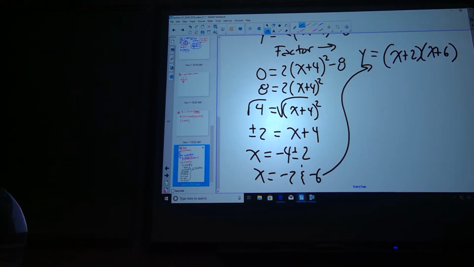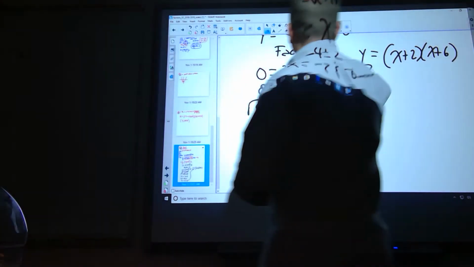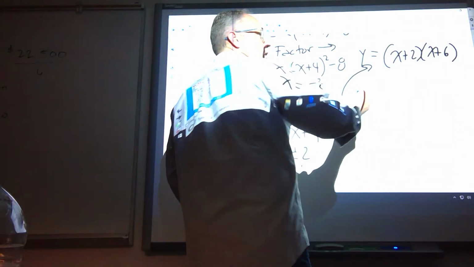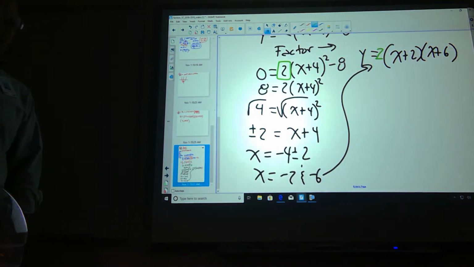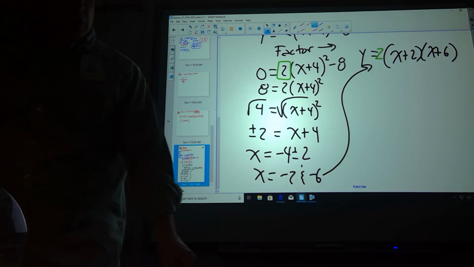Yeah. So what we have to remember is this. This was here, so it has to come here. That doesn't affect the roots at all. Okay? Anything else off of